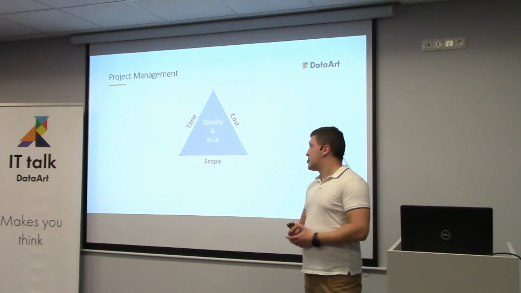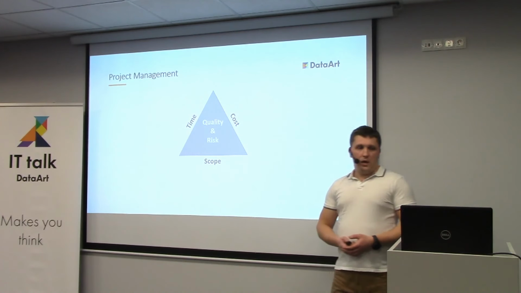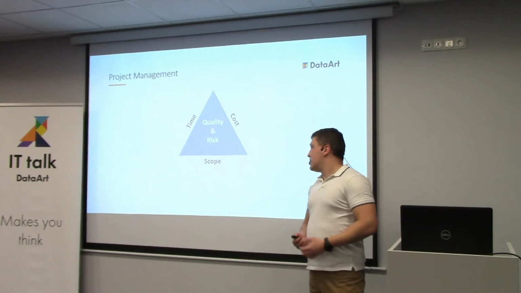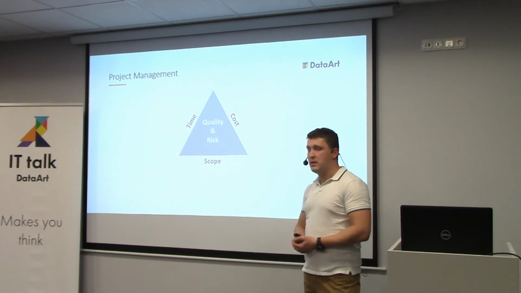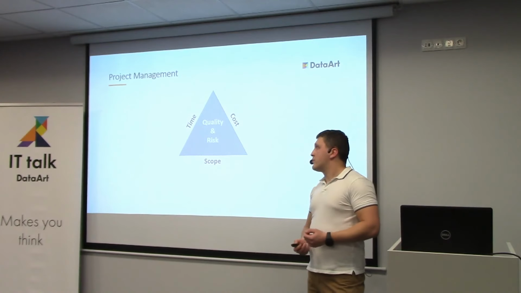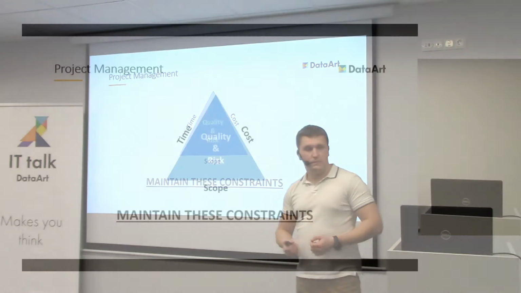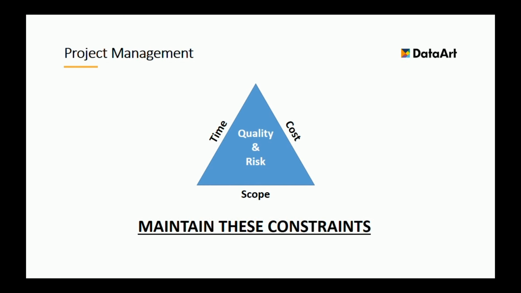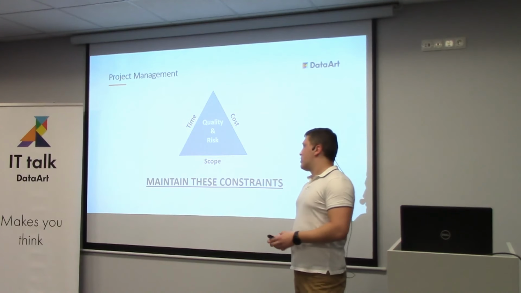Keeping in mind it's something new, challenging, and time-bound. So, having all this basic abstraction of a project, I would say the role of project manager is to work to maintain these constraints. What does it mean? I don't say to stay within these constraints because it's really difficult to keep them unchanged throughout the life cycle of a project.